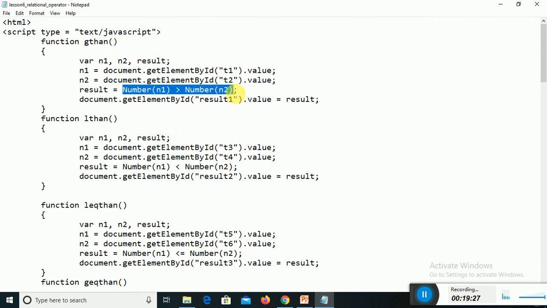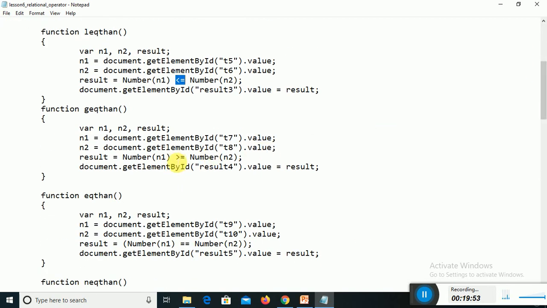Okay. And we have a special operator here. This operator does not exist in any other language. For example, I can use three equal signs here. It will check whether it has the same type and the same value. For example, you can see here I have created a special operator: is string 1 equivalent to numeric 1? So I am using the